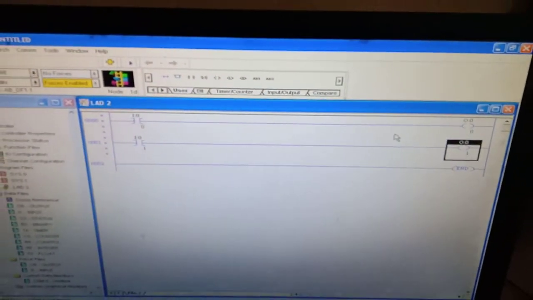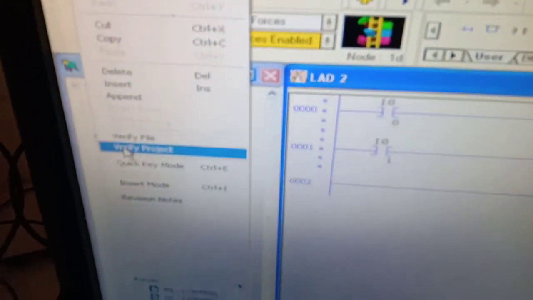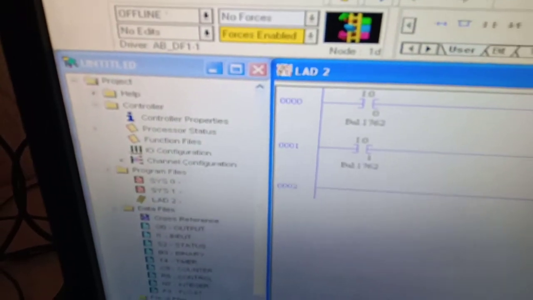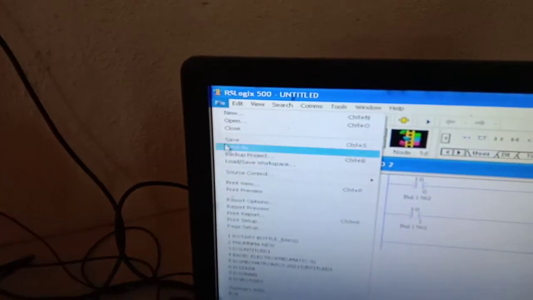The next procedure is to download this program. First we will check whether the program is correct. In the edit menu, we will select verify project. It is verified, there is no error. So the program is correct. Next step is we have to save this.